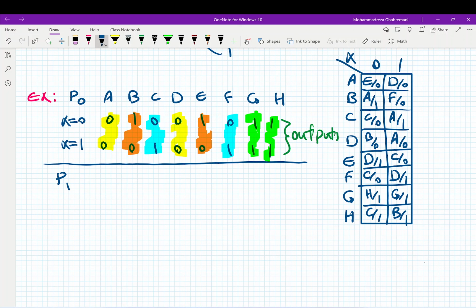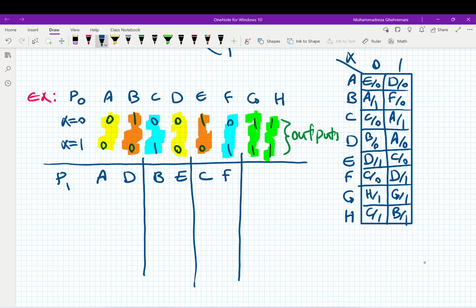So we start from A. So we say A and D together. So one block. B and E together. This is the second block. C and F together. And G and H. Now that we reach P1, we need to write the next states as a function